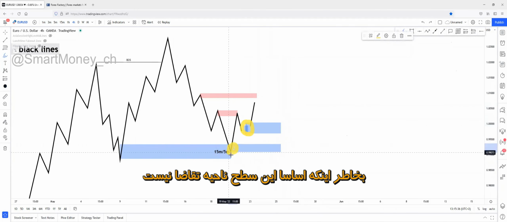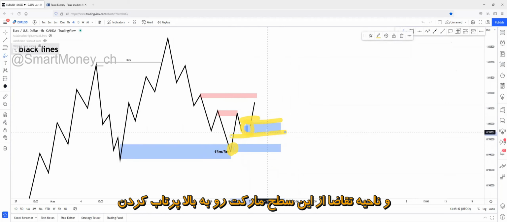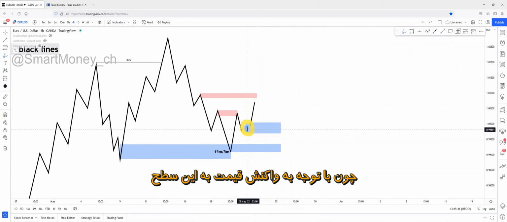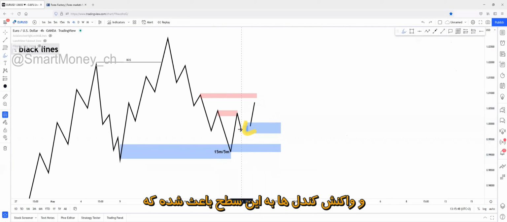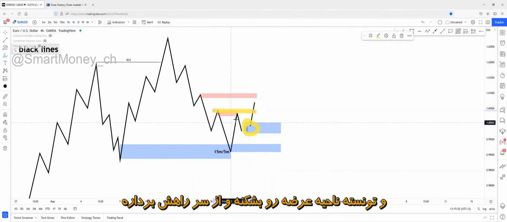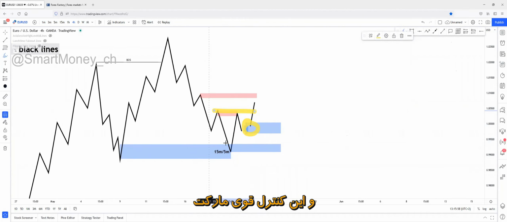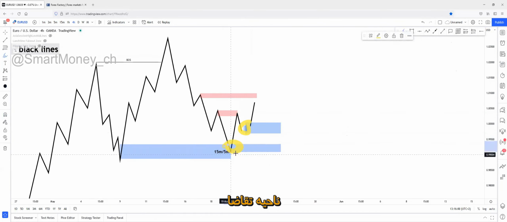Because basically, this isn't a demand zone. Demand kicked into the market from this place right here. So price and demand kicked into the market from this demand zone, because this reactional candle could break above the supply zone. So this candle could take out the supply, meaning demand is strongly in control. And this strong control came into the market from this demand zone and not from this demand zone.